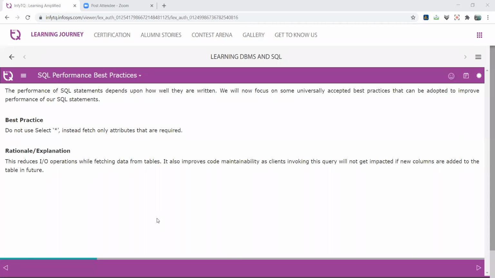What are the disadvantages of selecting asterisk from table name? Take an example. Suppose a table contains 40 attributes, and you want only 2 to 3 attributes. When you perform the query, suppose we take a table named EMP, select asterisk from EMP